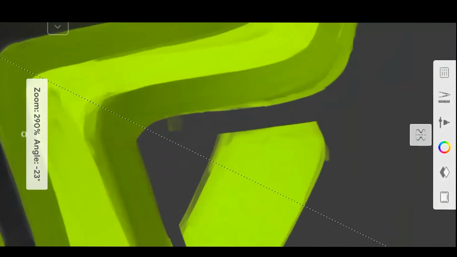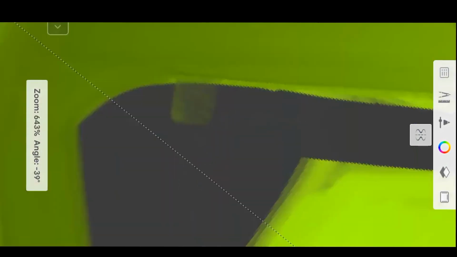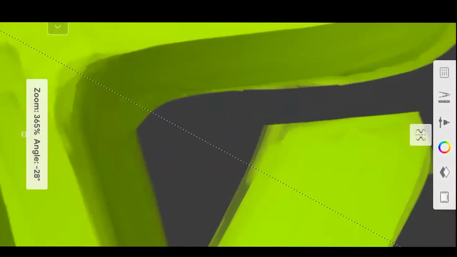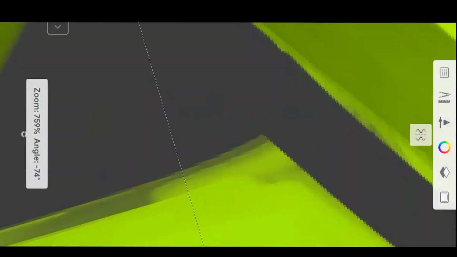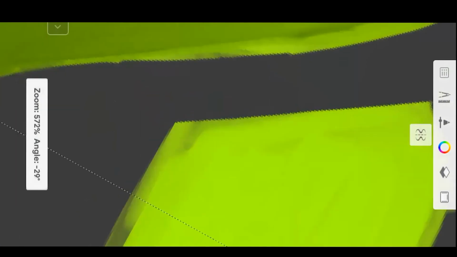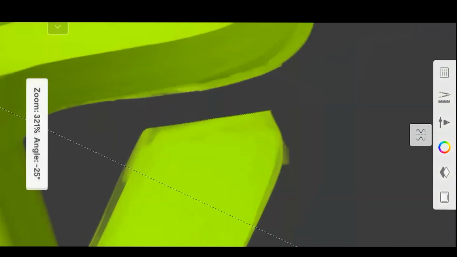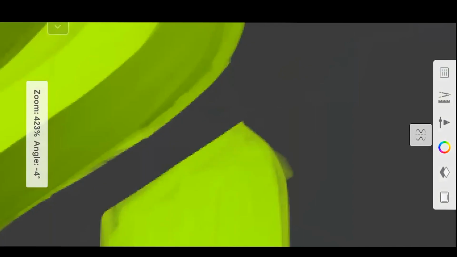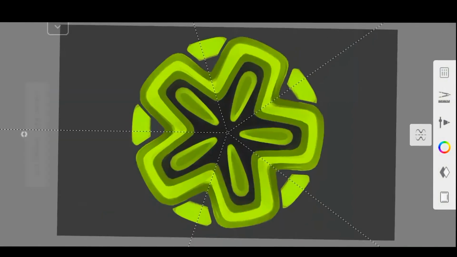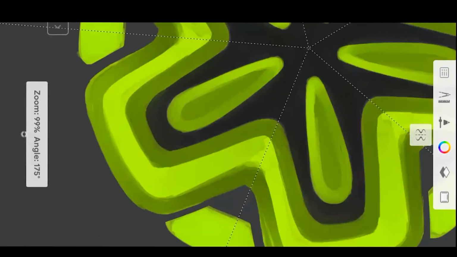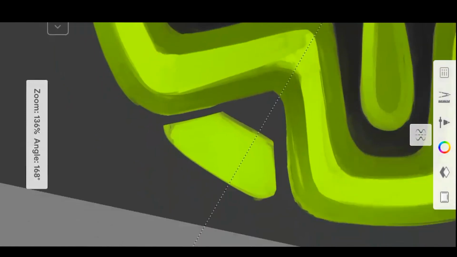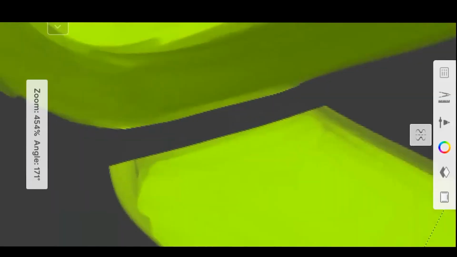Since I'm doing this on the phone, I'm zooming this. But if I would be doing this on the tablet or the PC, then I would just keep it as it is. That is, I would have kept it as full screen, and I would have used the stylus and done that. But since this screen lags a bit, I don't use it like that.